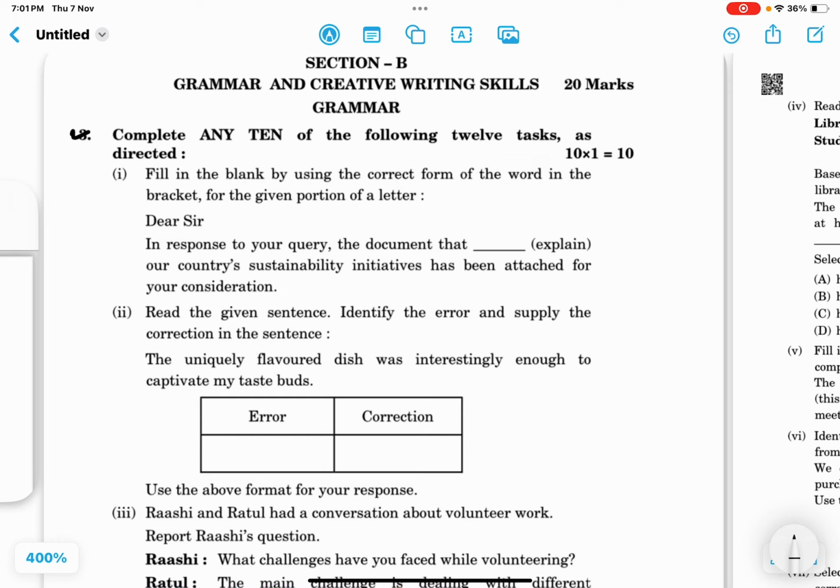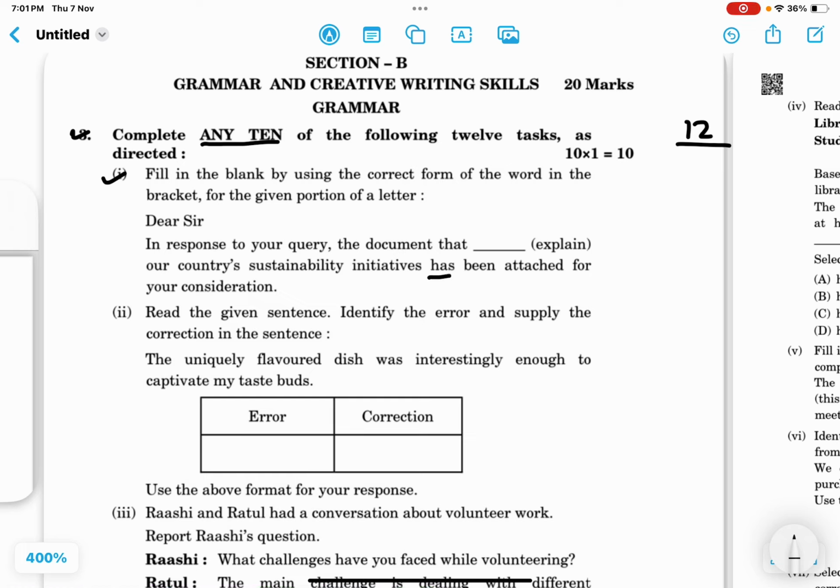See, the question is complete any 10. That means you are to attempt any 10 out of 12. But we will discuss all the 12 here. So the first question is fill in the blank by using the correct form of the word in the bracket for the given portion of a letter. Dear sir, in response to your query, the document that dash our country's sustainability initiatives has been attached for your